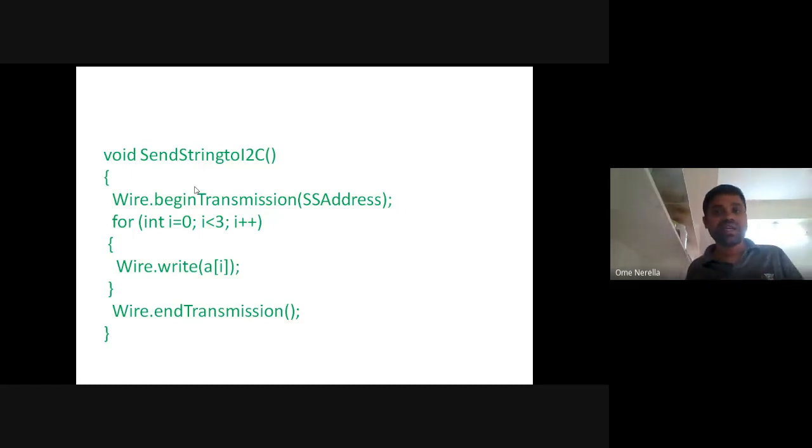In order to send the data, we use Wire dot begin transmission with the device address. Already I have stored the device address 0x71 in the 7 segment display address.